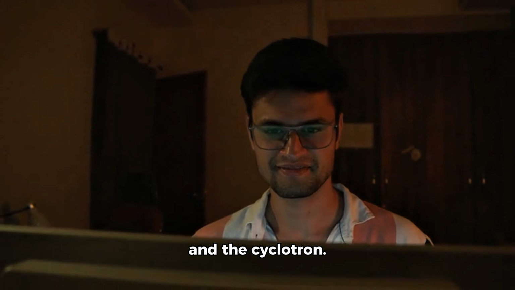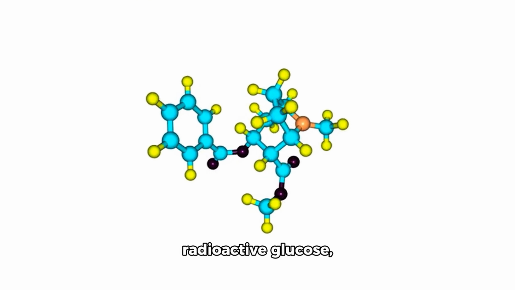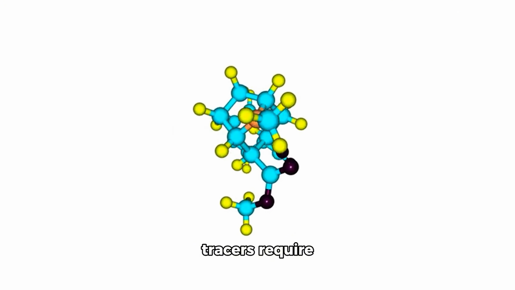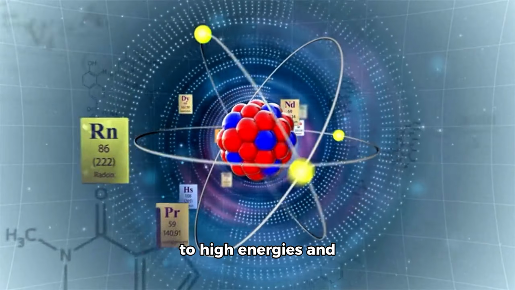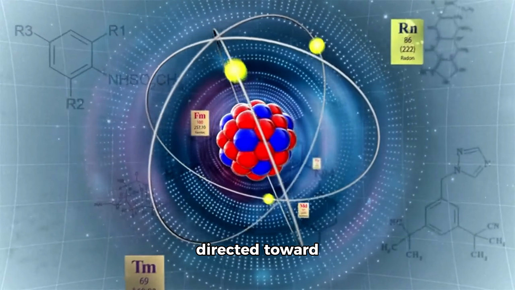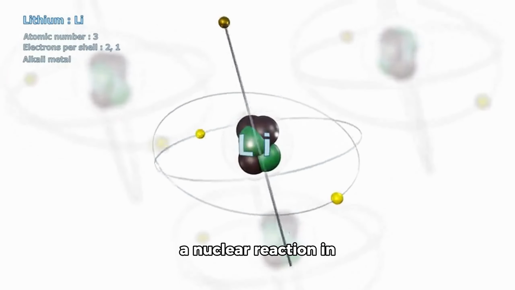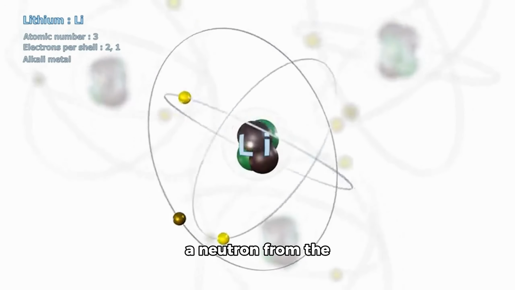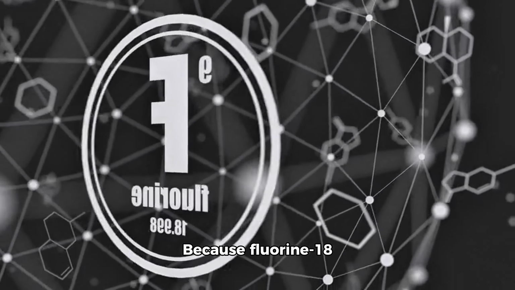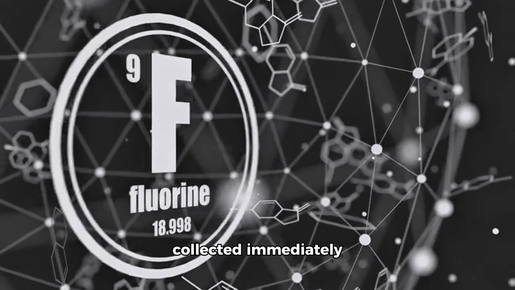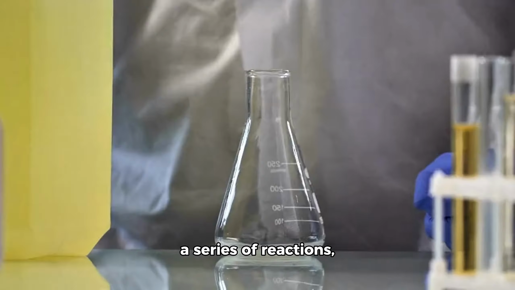generator and the cyclotron. Returning to our earlier example of radioactive glucose, all fluorine-18 labeled tracers require production in a cyclotron. In this process, protons are accelerated to high energies and directed toward oxygen-18 enriched water. This interaction causes a nuclear reaction in which a proton displaces a neutron from the oxygen-18 nucleus, producing fluorine-18. Because fluorine-18 decays quickly, it is collected immediately and chemically attached to deoxyglucose through a series of reactions,